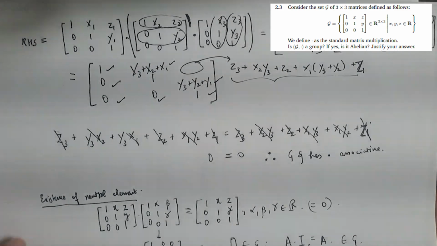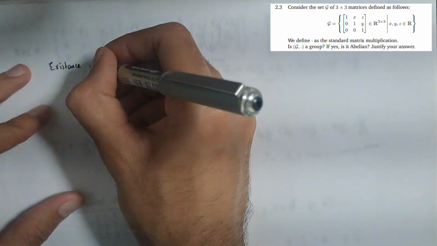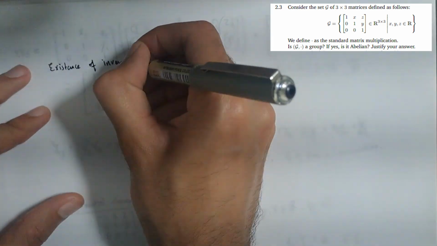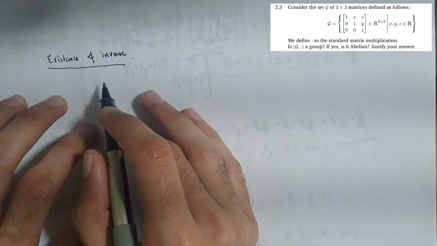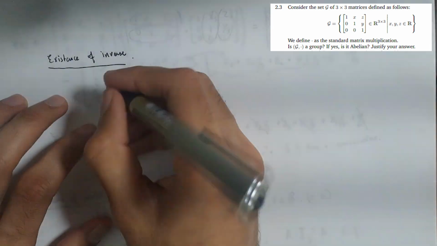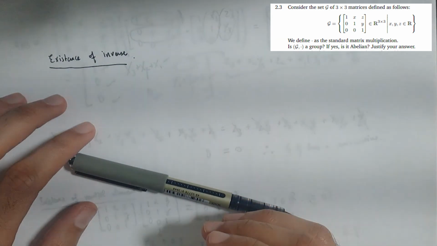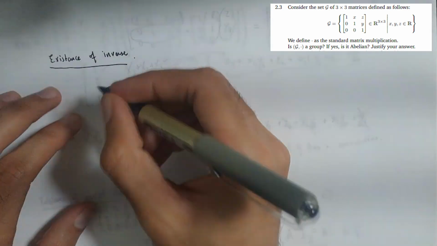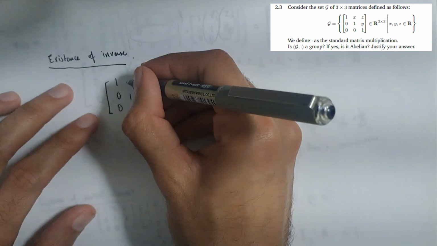Now let's move on to the last fact that we need to prove that this is a group, which is the existence of an inverse. So the existence of inverse is, well, you'll have to find an element, you'll have to find a matrix really,